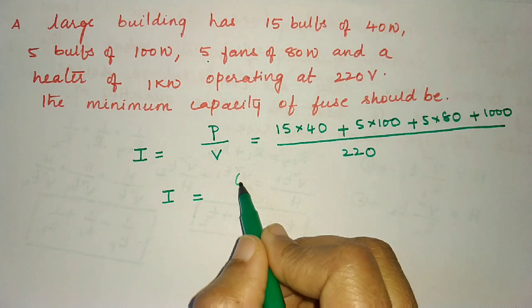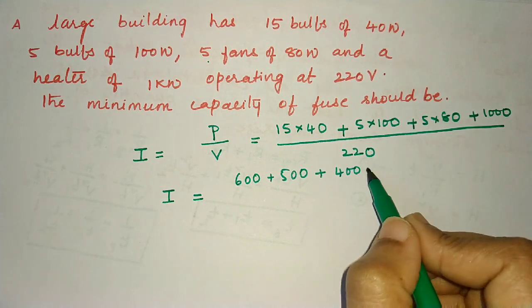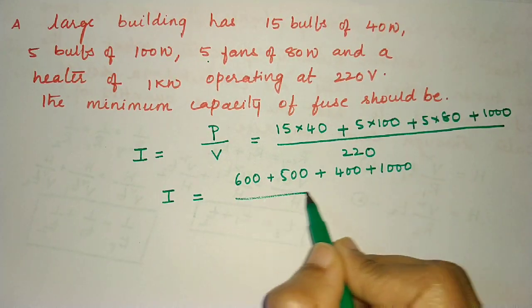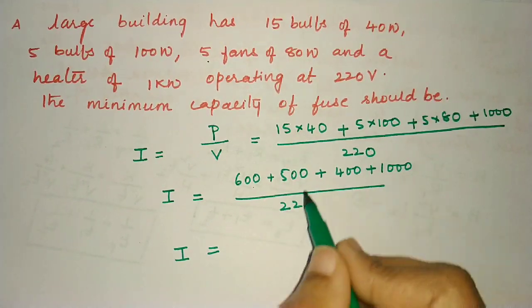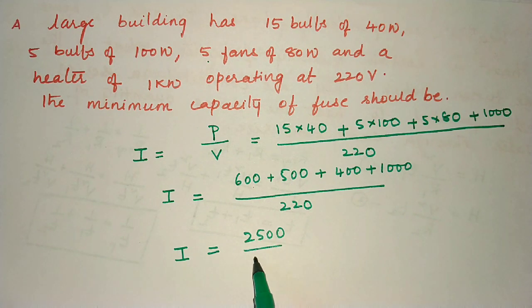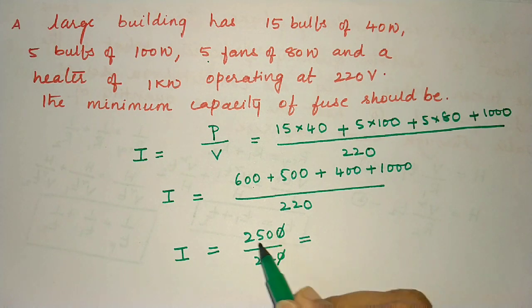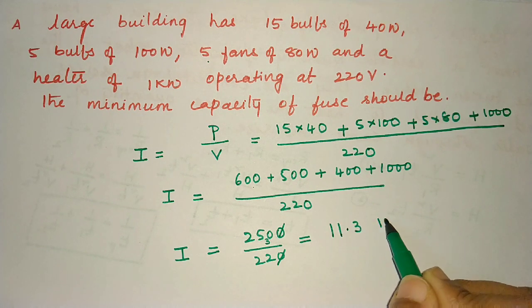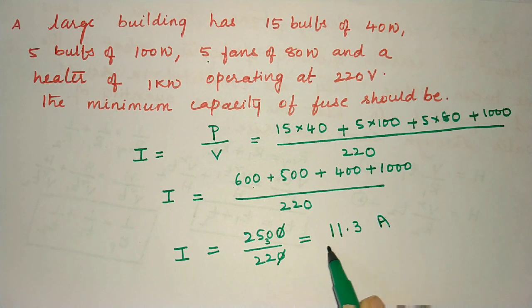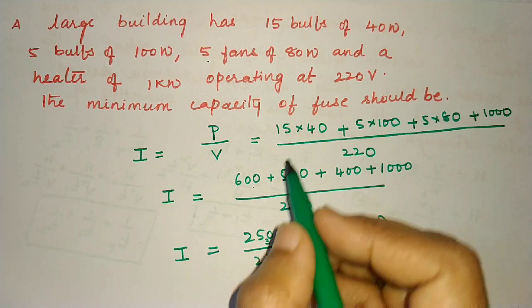Simplify, 15 fours, 600 plus 500 plus 400 plus 1000 whole divided by 220. So the value of I is 2500 divided by 220, which is approximate value. 21 goes one time, 30 is the remainder, again 1, 8 is the remainder, approximately 3 ampere. So since we are drawing a maximum current of 11.3 or 11.4 ampere, the fuse should have a value